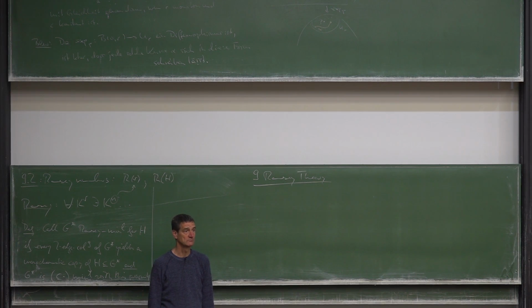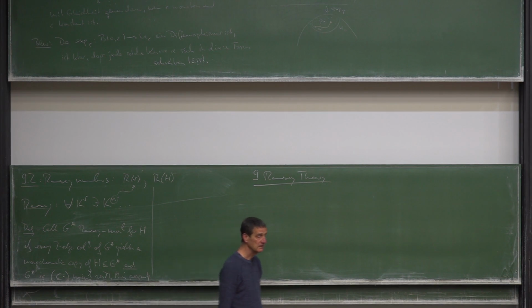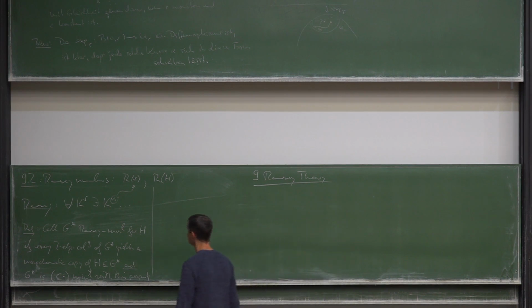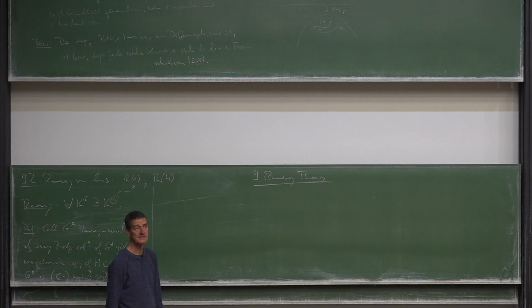Hard to say. Well, we're going to prove that they're not unique. In fact, we're going to prove that there are infinitely many. It depends a little bit on H. I mean, if H is a K1, then there are not infinitely many, but